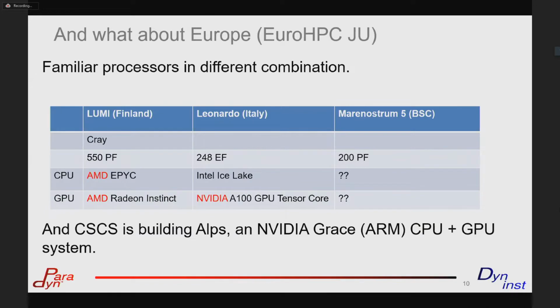Let's not be too jingoistic here. Let's criticize the Europeans too. We have the EuroHPC program, and we have an AMD and an Intel Ice Lake machine. One's running AMD, one's running NVIDIA. I'll let Marta decide if she wants to tell us about what's going to be in MareNostrum, though you hear ARM and RISC-V thrown around a lot, so I'm not sure if there's anything I can say there. You'll have to decide if there's something public you can say on that end.